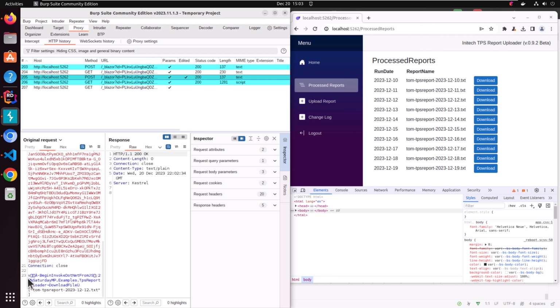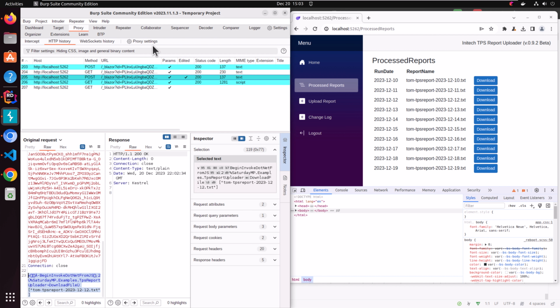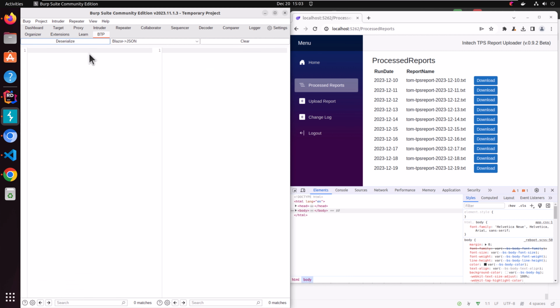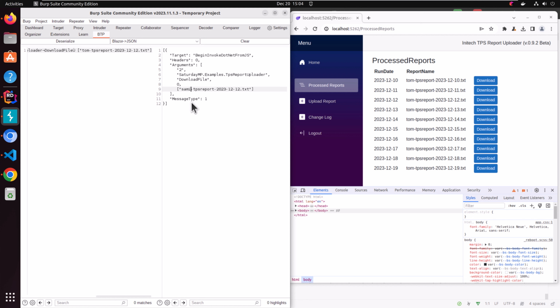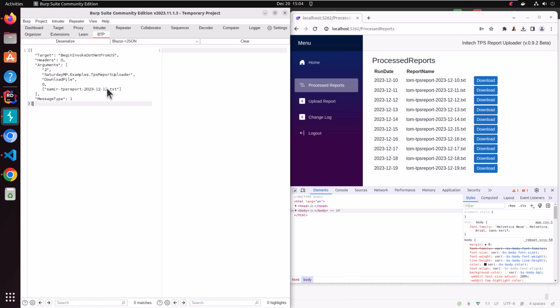So what we're going to do is take this WebSocket code, and go to this BTP tab. This is a tab that's only created if you install that Blazor extension, and we're going to put in the Blazor WebSocket stuff, and click this deserialize so we get Blazor to JSON, and we're going to see it looks like this. And what we want to do is change this to Samir. It's not the best interface. You actually have to go back here and then delete this and put it here